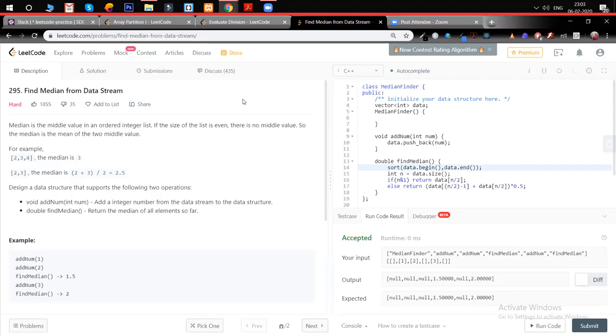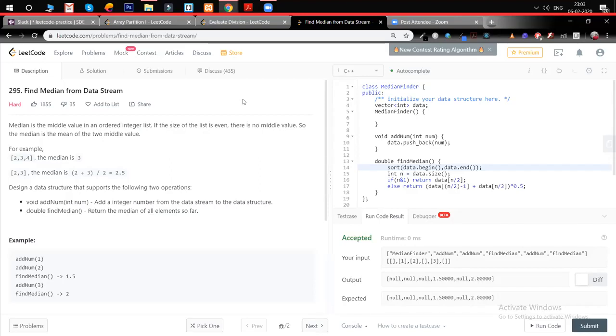So when I call find median, I directly pick the item. Now the second item comes, which is 2. I add it to the max heap.